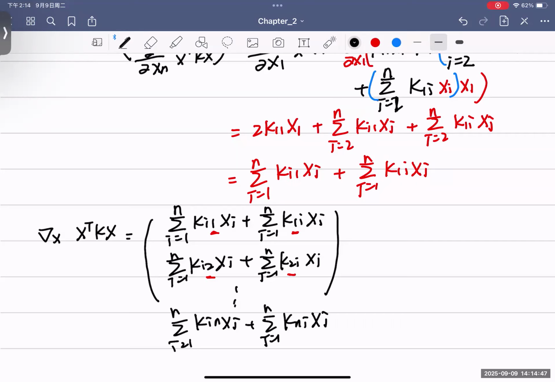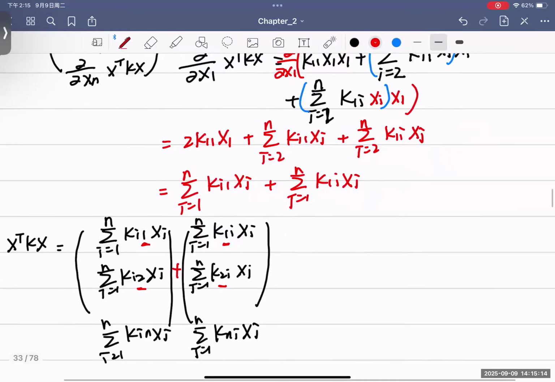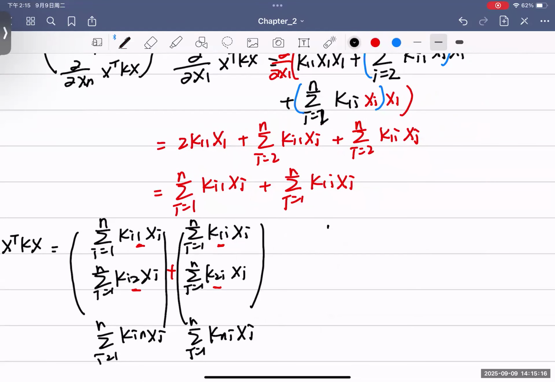It's still a little far from our results. So here we can also do some organization over these two terms. So the naive thinking is that we separate as two vectors. So the first part add the second part. So we add them separately. So the first one, we can find, there is a matrix K, K11 to K1N, KN1 to KNN. And the matrix and the vector